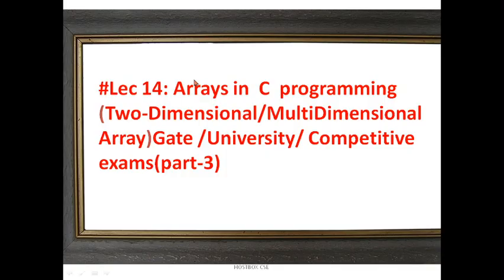This is a tutorial that is helpful for those preparing for GATE, UGC, college level and BTech, whatever the course. Today we are going to continue the topic called arrays in C programming, and the topic called two-dimensional or multi-dimensional arrays. In the previous session I explained what one-dimensional arrays are, how to use, initialize, represent and visualize them, and so on. Let's go for today's session.